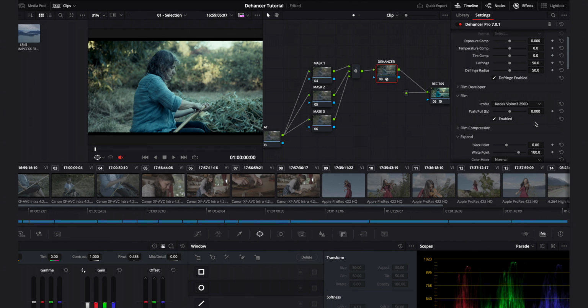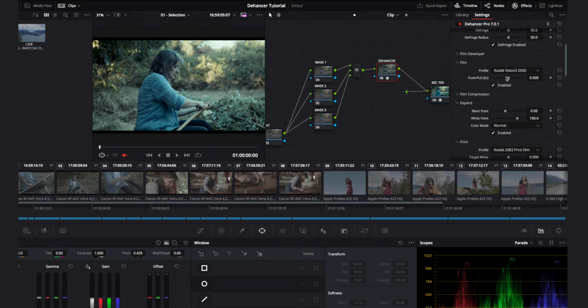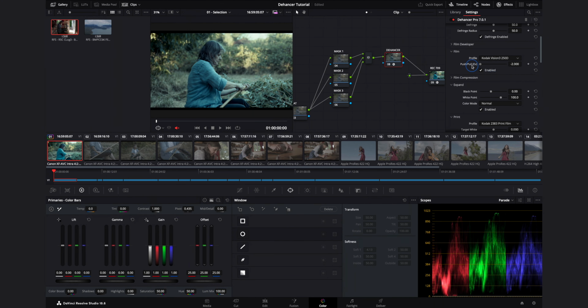But we'll fix that, no worries. Under film, there's another slider, which is the push and pull EV, and watch what happens when I drag it. Not only did it change the exposure, but it also introduced a color shift. And this was based on the actual process of pushing and pulling film, which, to keep things simple,